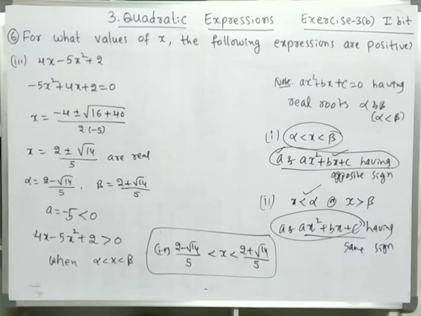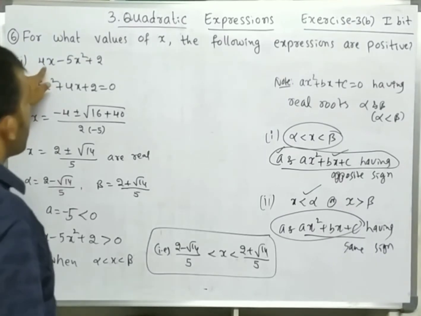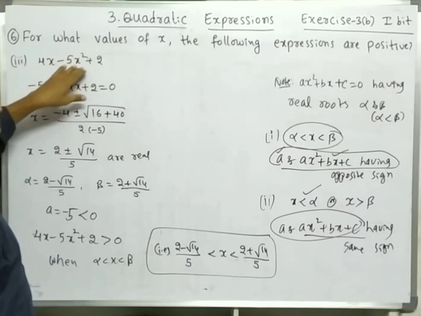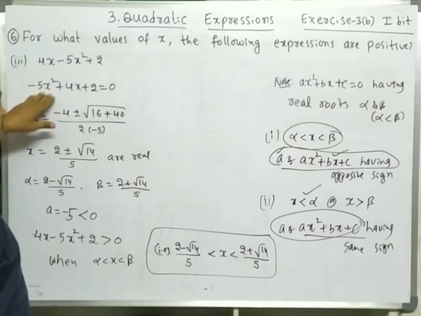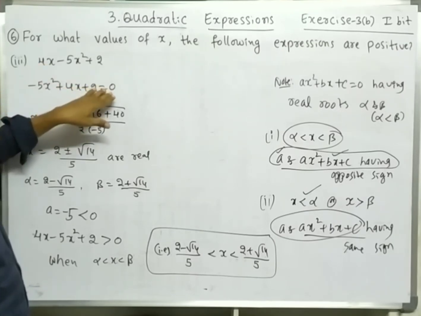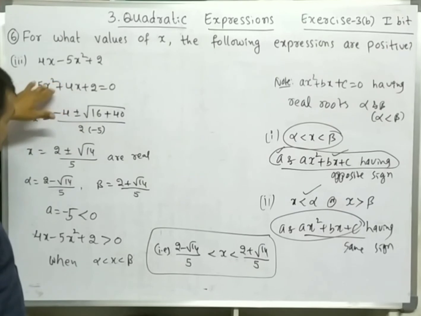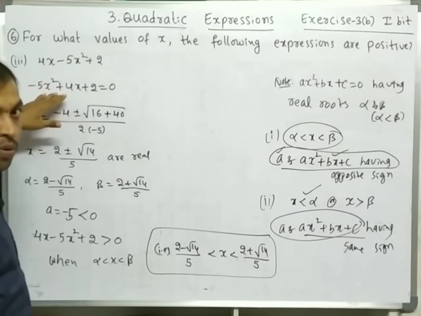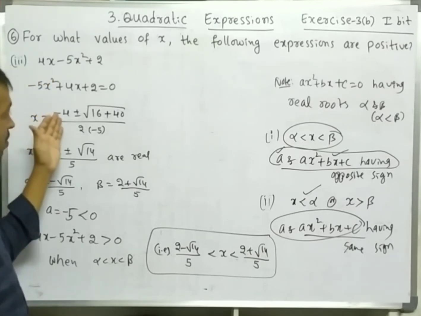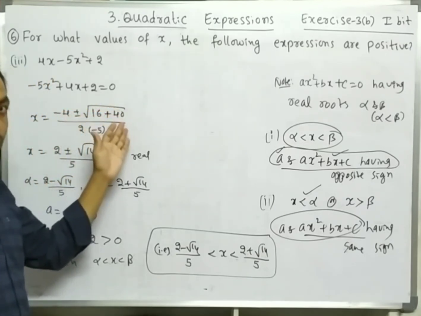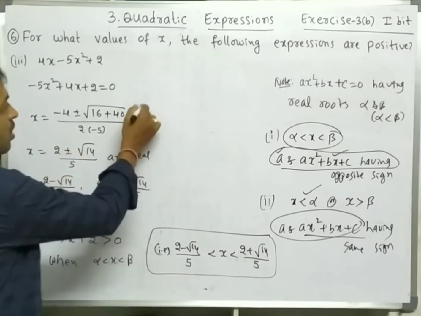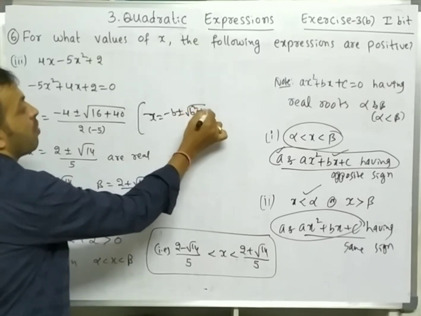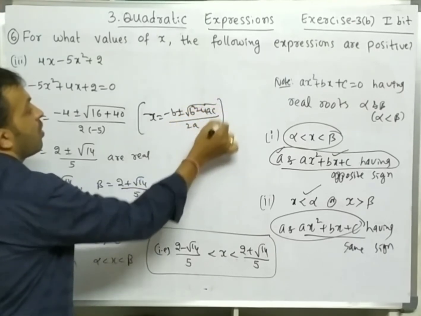In the same way, we can solve this problem. The third problem is 4x minus 5x square plus 2, in the right order. So first write x square coefficient, that is minus 5x square plus 4x plus 2. So first find the roots. Factorization is somewhat difficult for this problem. So by using the formula x is equal to minus b plus or minus under root of b square minus 4ac by 2a,